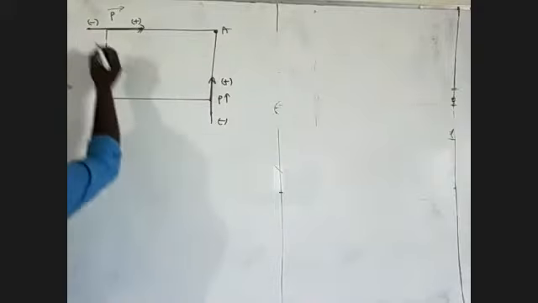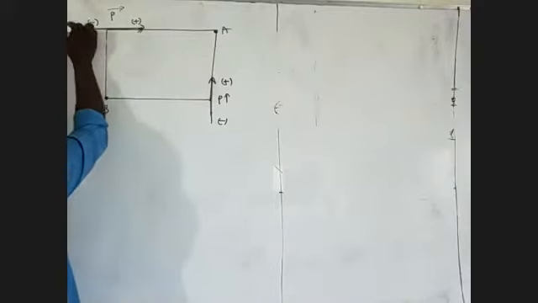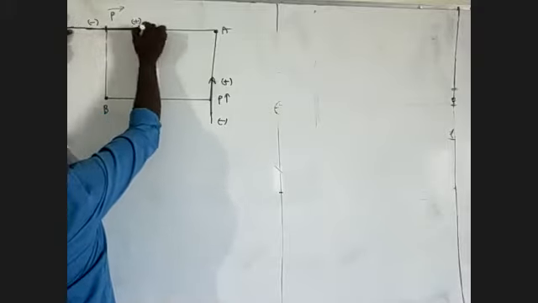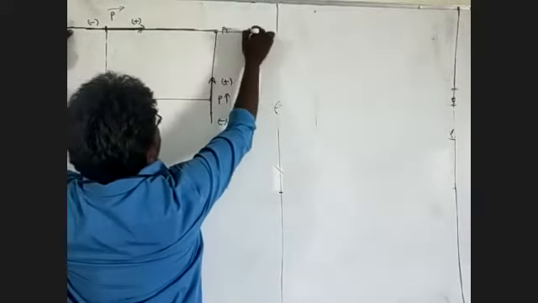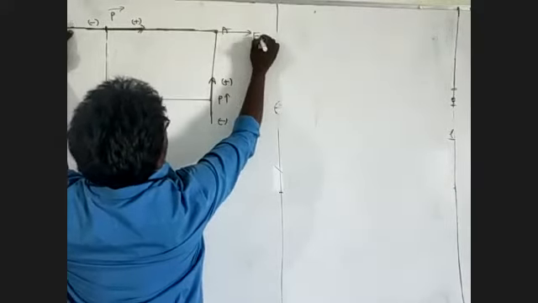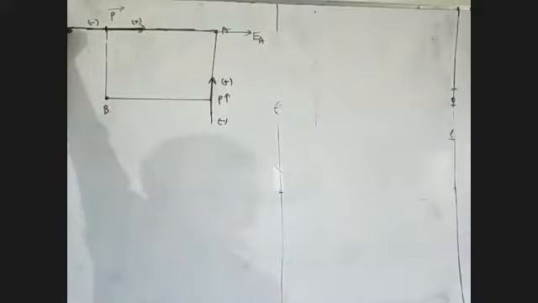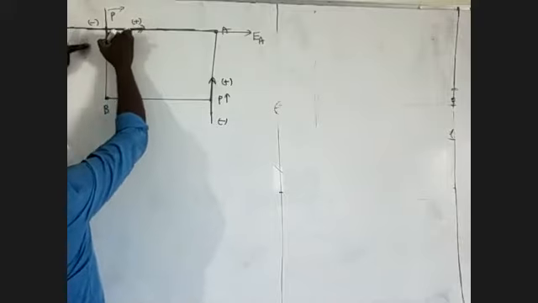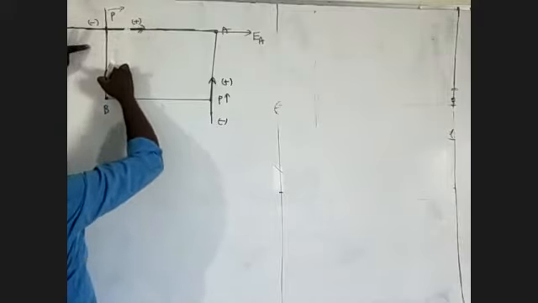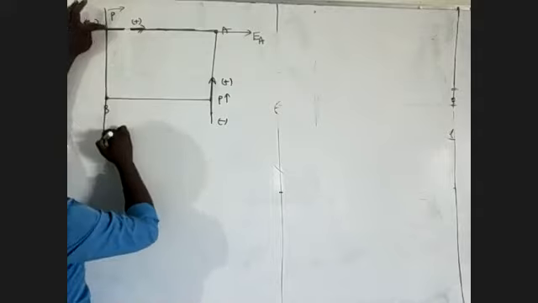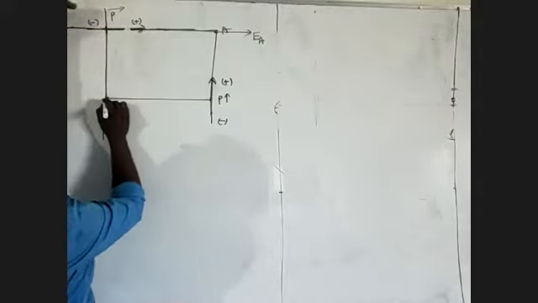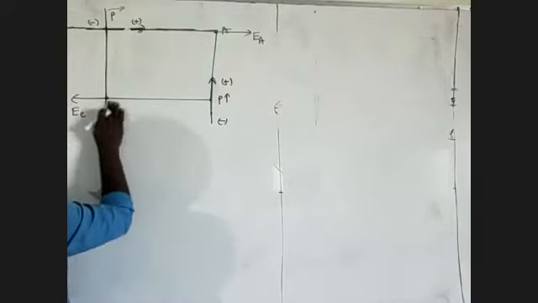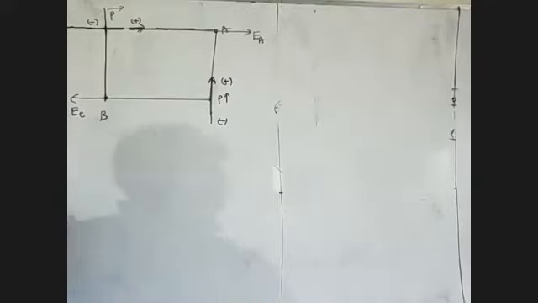Now you will see one straight line. This straight line passes through the negative charge, the center of the dipole, and the positive charge. What do we call this line? This is the E axial line. Now this is another straight line passing through the center of the dipole, perpendicular to this axis. P bar is in this direction. This is the E equatorial line, at B point.